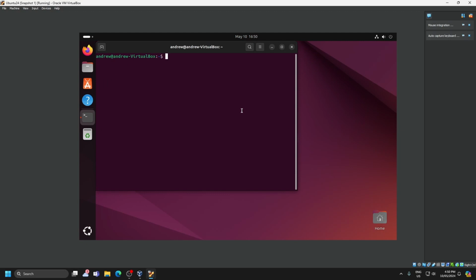This is very simple. This is going to be an easy one. All we have to do is run one command to install Apache2. So we'll do that. It's sudo apt install Apache2. So when we use